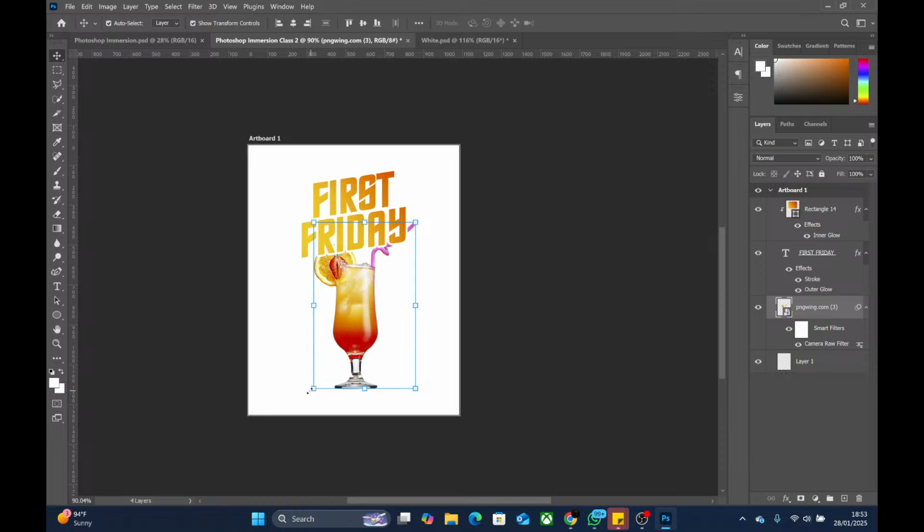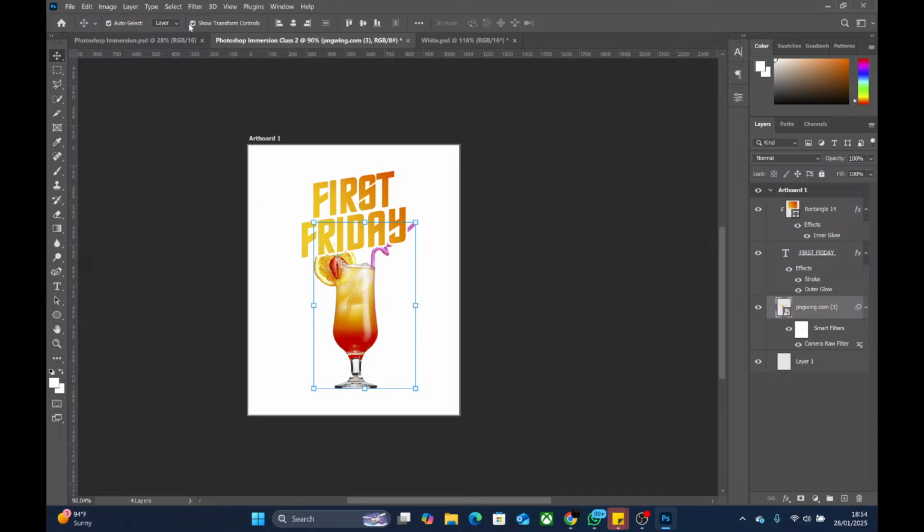Look at this, it has nodes on the edges. A node here, 1 2 3 4 5 6 7 8. So 3 on each side, and 1 in the middle on top and bottom. So 3 here, 3 here, and then 1 on top, 1 at the bottom. So it makes 8 of them. These are called transform controls. You use them to control or to transform the element.